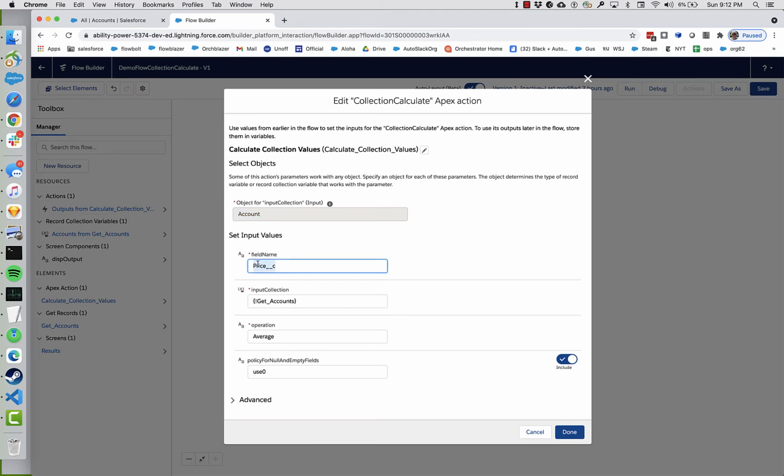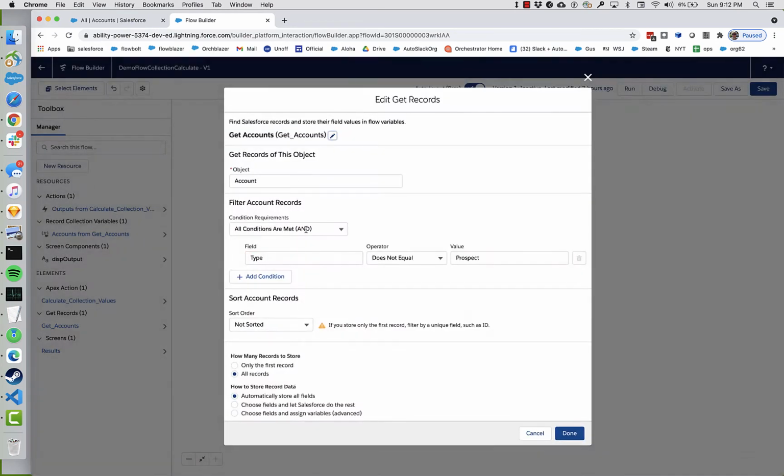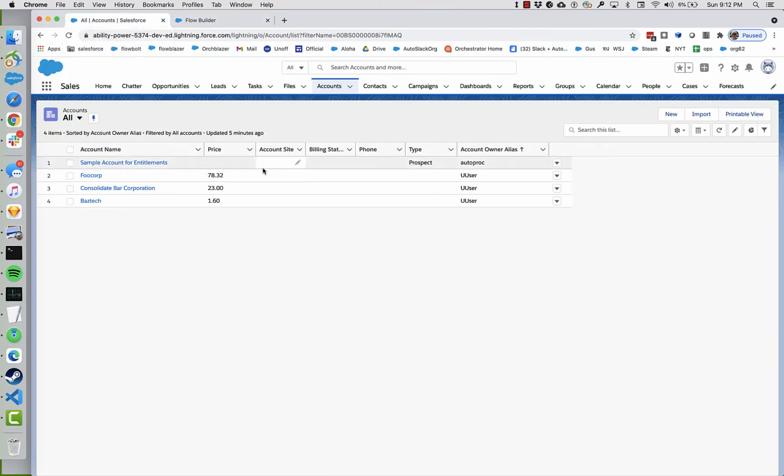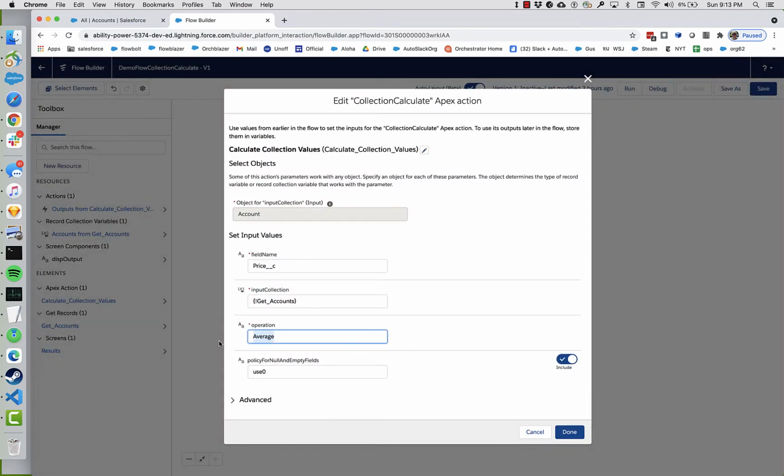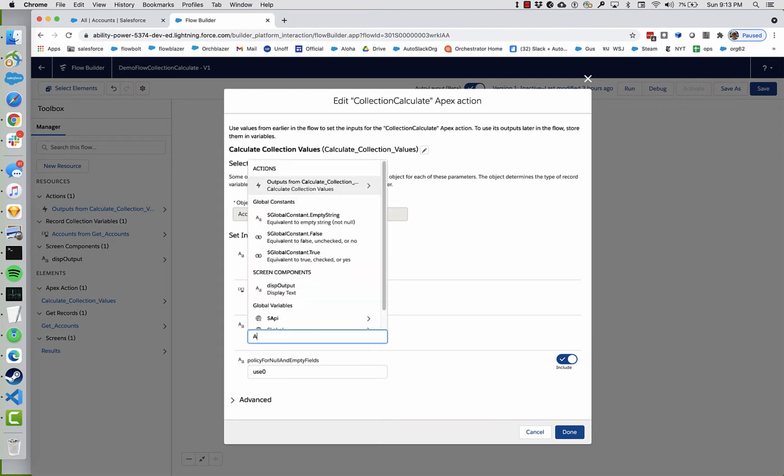I've given the name of the field I want to aggregate over all of the records I pass in. Here is the collection of records I'm passing in. That's just coming from this simple query. It's going to get three records, basically all the records except for this weird entitlements autoproc record. And operations supported right now are average, multiply, and add. So let's change this to add,